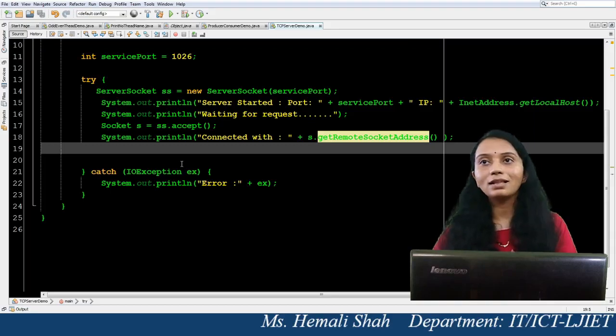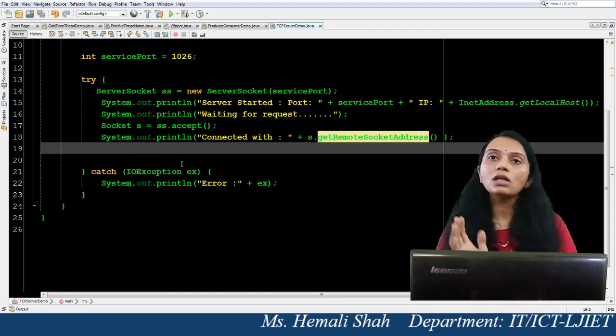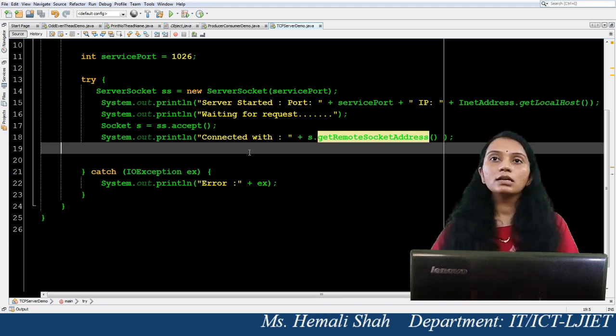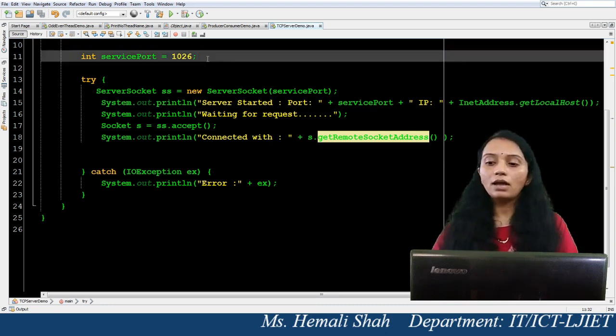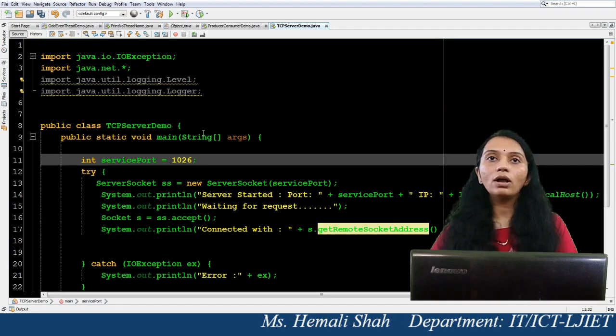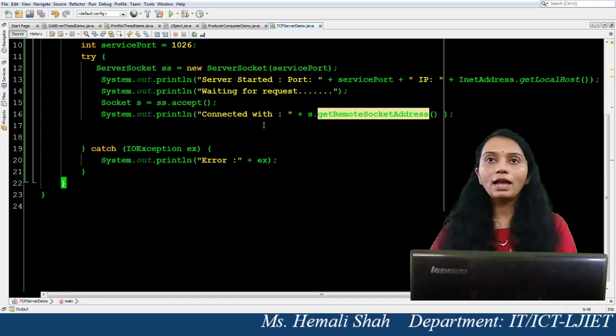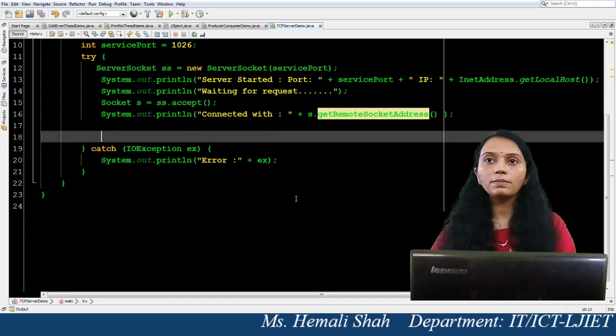You can use the wireless LAN, or you can use the normal LAN cable also to connect the laptops, to connect these computers, and run one program on one computer and another program on another computer, and use the IP address to provide the communication between these two laptop programs or two device programs. Here, if both the programs are on the same computer, then you can call it localhost, right? So first of all, I am running this particular server program.